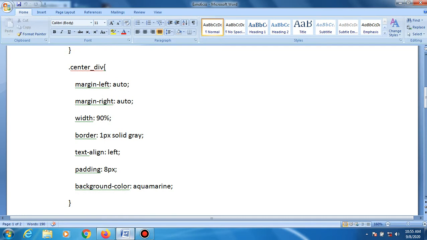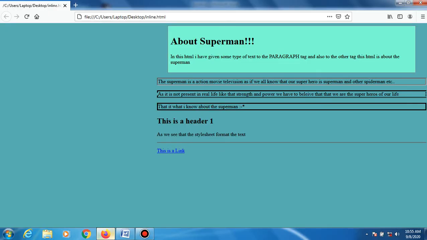Here the border is 1 pixel solid gray and the background color is aquamarine. You can see this in the output. The background color is aquamarine and the border is 1 pixel around the text.